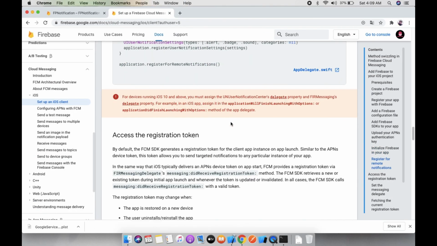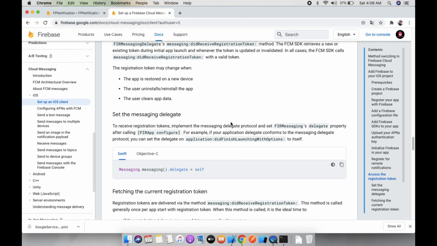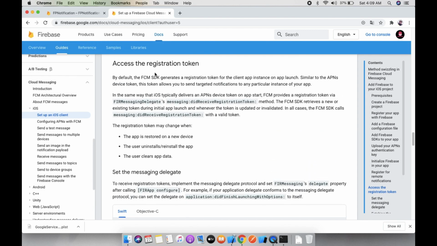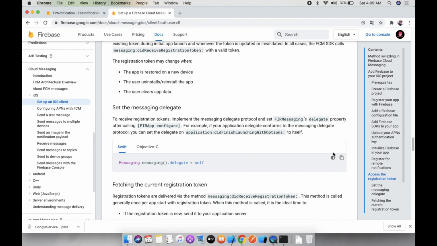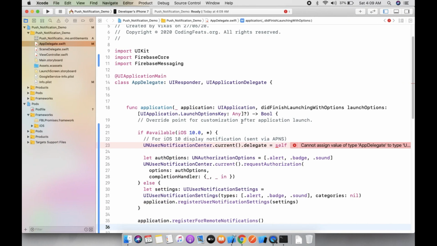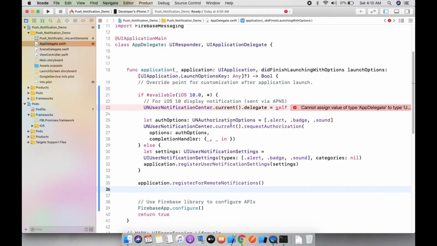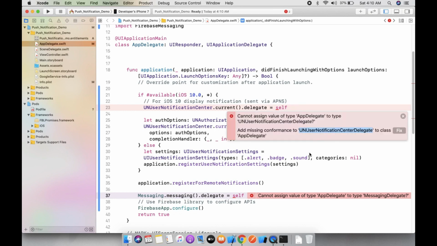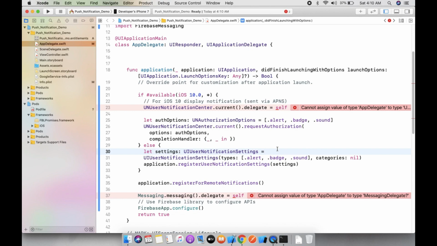And now the next step is to set a messaging delegate and access token. For now, let's copy this and paste it here. And here you can see the UNUserNotificationCenter delegate, we will add later.